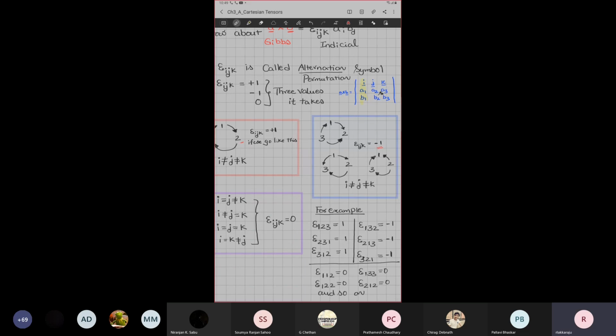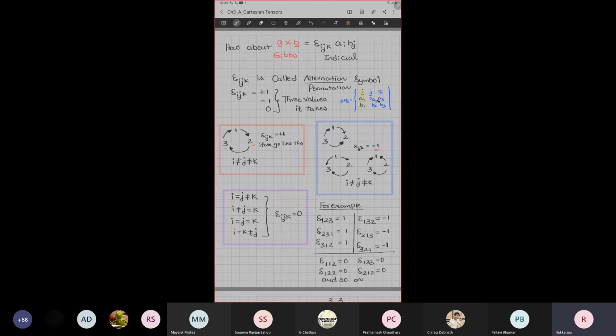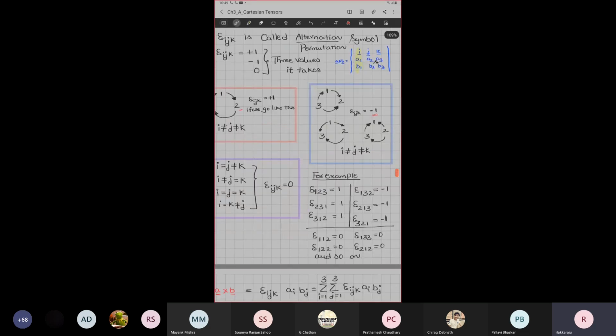Whenever any of i, j, k are equal to each other, that value is 0. Whether i is equal to j but they are not equal to k, then 0. When i is not equal to j, but j is equal to k, that value is 0. When i is equal to j is equal to k, that value is also 0, and so on. Something like, if I am going to really show an example,